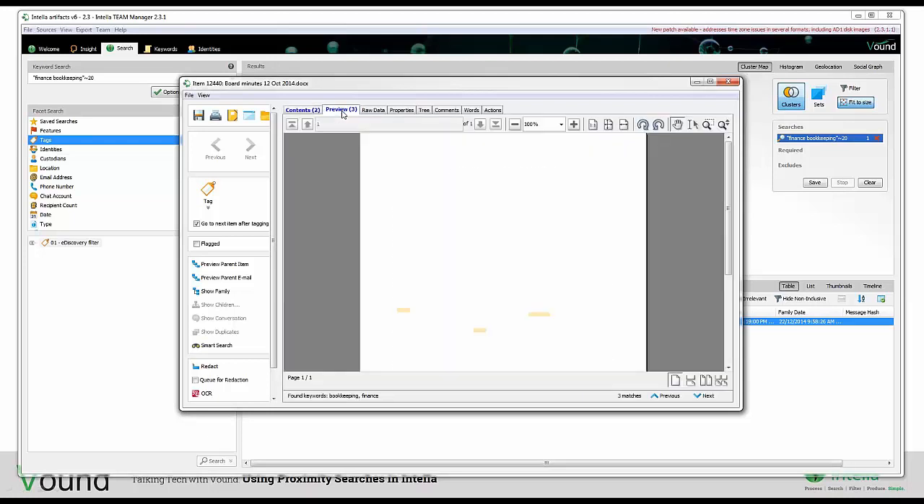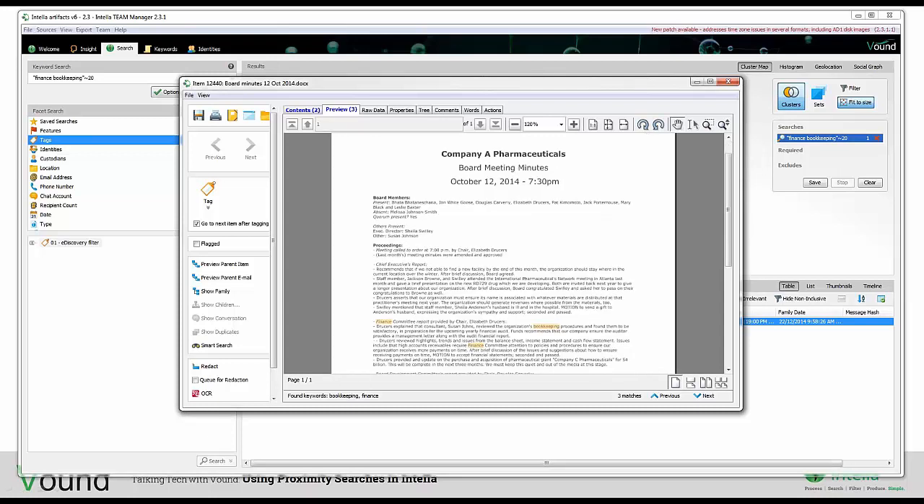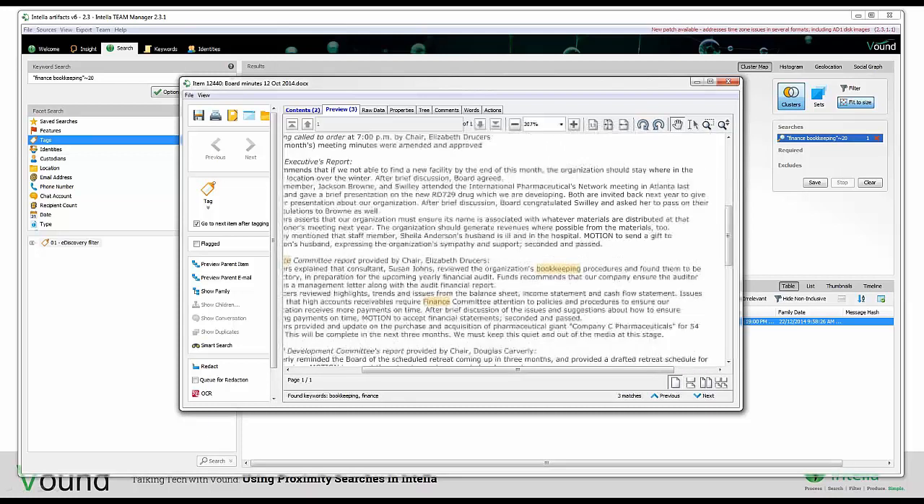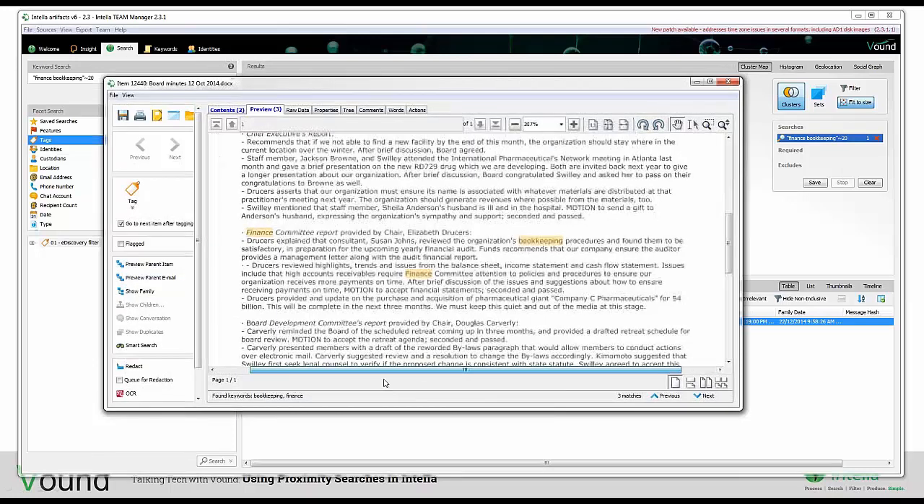When you click on the preview tab, we create a PDF of that document. Let me just make this a little bit bigger. In this particular case, we have what we saw in the contents tab there: finance within 20 words of bookkeeping, that's fine. But we also have another hit here, finance. That's because we can't actually run a proximity search within a PDF. So in this case, Intella is running the searches, basically the words finance and bookkeeping, and showing them as hits